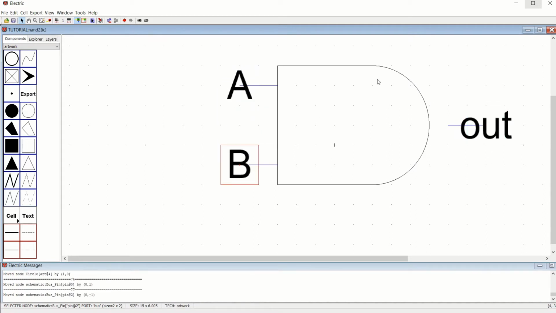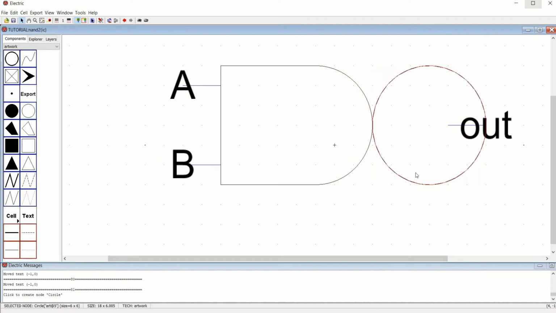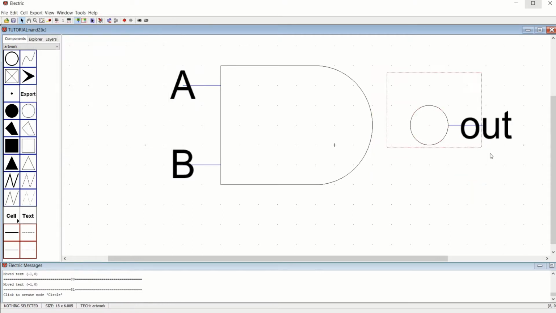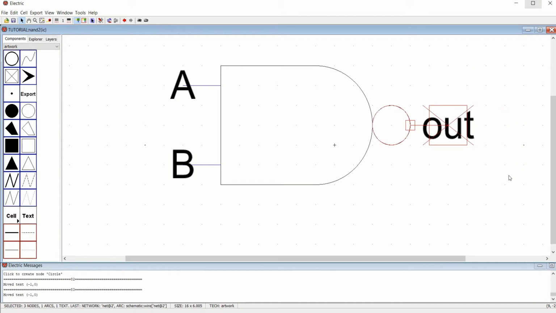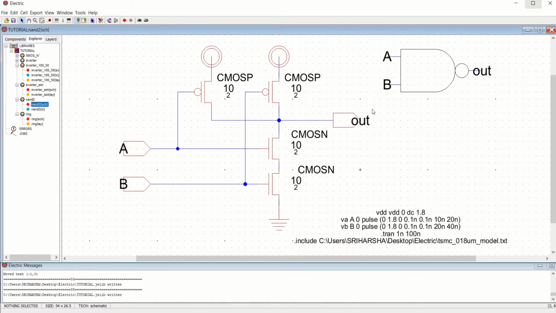You have to create a NOT symbol in front of this design. So use one more circle from the artwork palette, place it here, double click on it, X size as 2, Y size also 2, so that it forms a nice bubble. Now you can bring these two selected, and your NAND design is completed. The symbol is completed. You can save that and view it in the schematic.